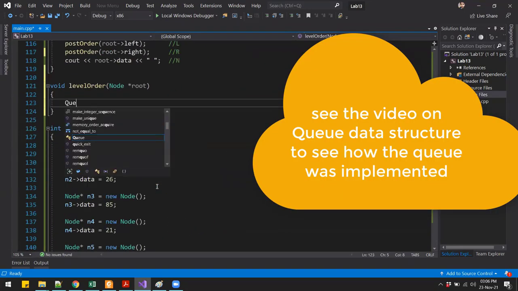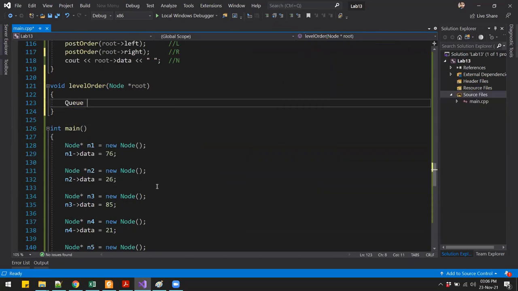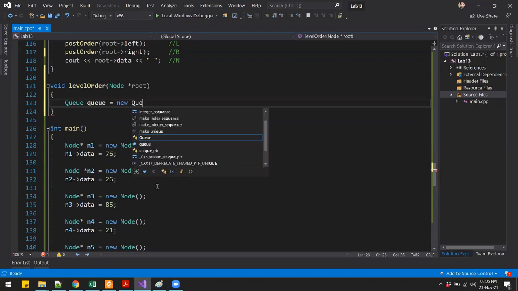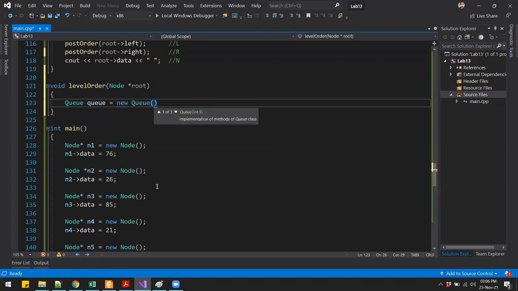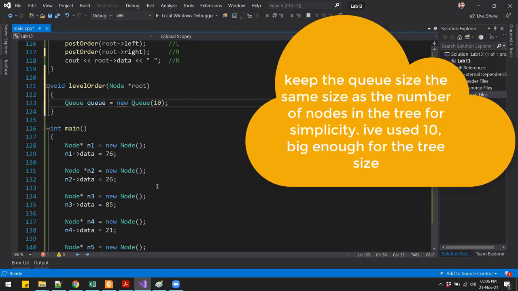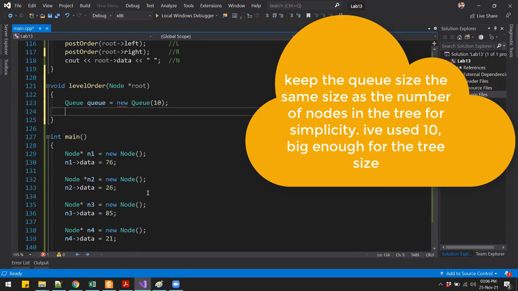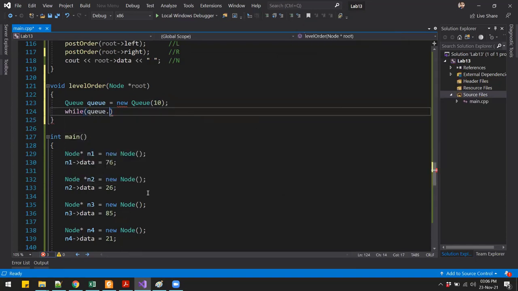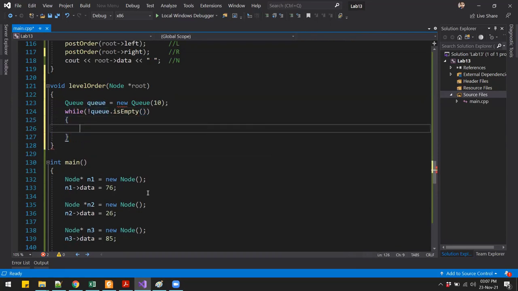Okay, so I'll create an instance of the queue, let's make it of size 10, doesn't really matter. Okay, and then we will say while the queue is not empty. All right, so while not queue is empty, we do something.